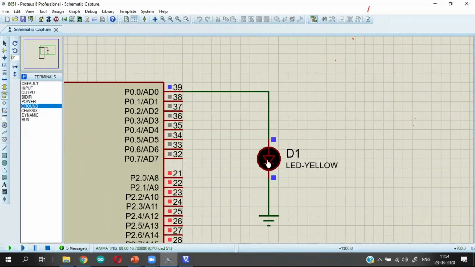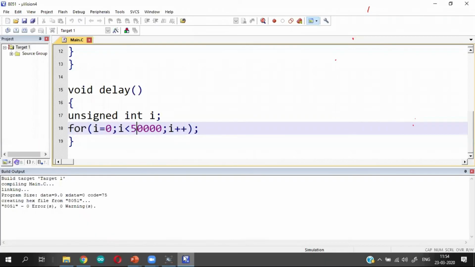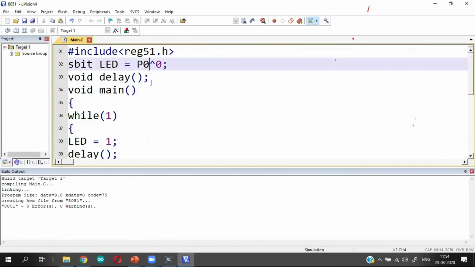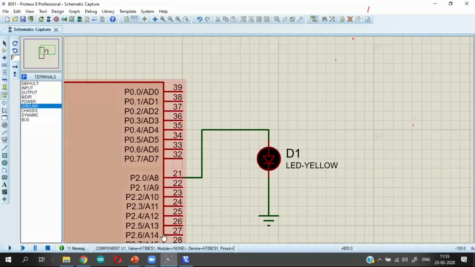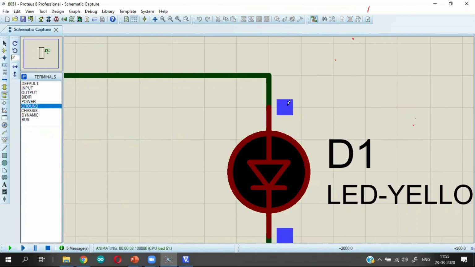Okay. So what I do here, I'll just disconnect this line and connect this to port 2.0 here and see what is the effect of this. See the change in color.